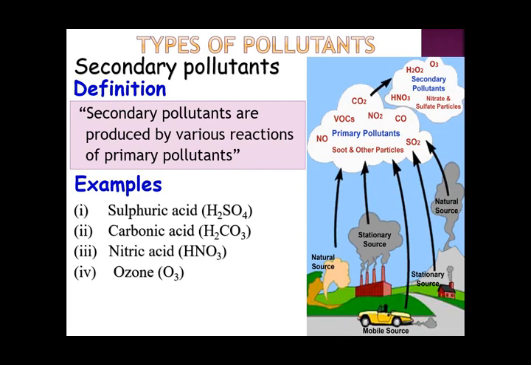Ozone. Ozone in this part of the atmosphere where we live is considered a pollutant, and it is produced by the reaction of oxides of nitrogen when they release an oxygen atom. That oxygen atom reacts with an oxygen molecule, and as a result ozone is formed. Peroxyacetyl nitrate or PAN is also produced by the reaction of oxides of nitrogen and unburned hydrocarbons. They are involved in the formation of PAN, and this is also a secondary pollutant.